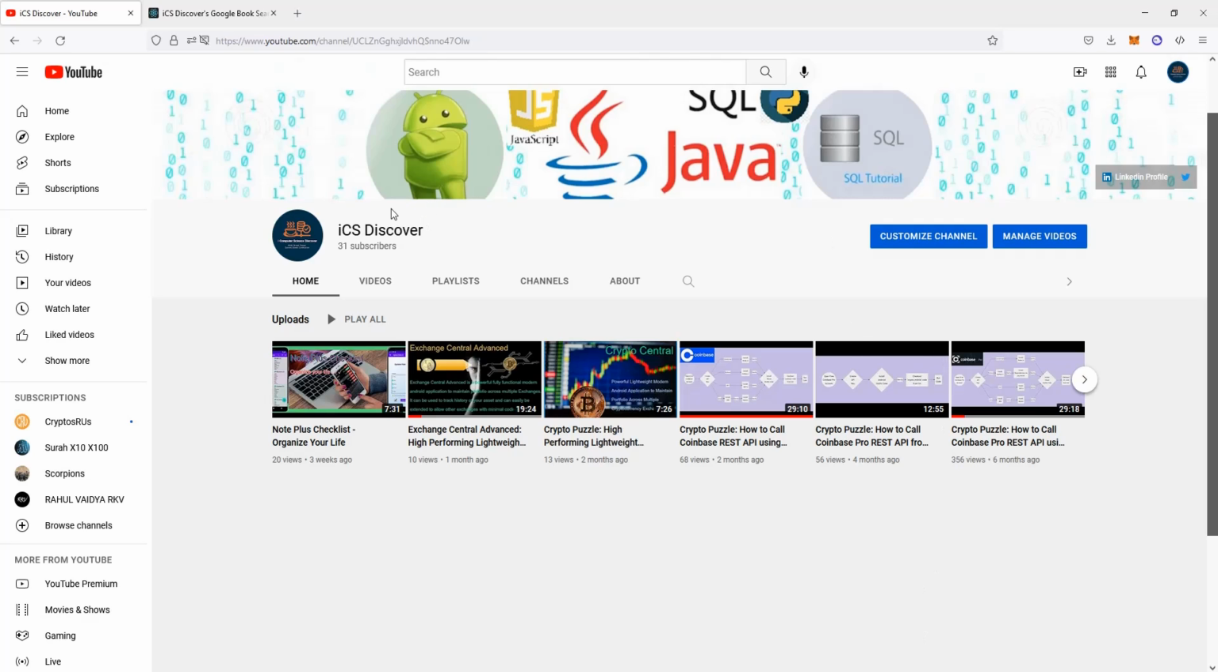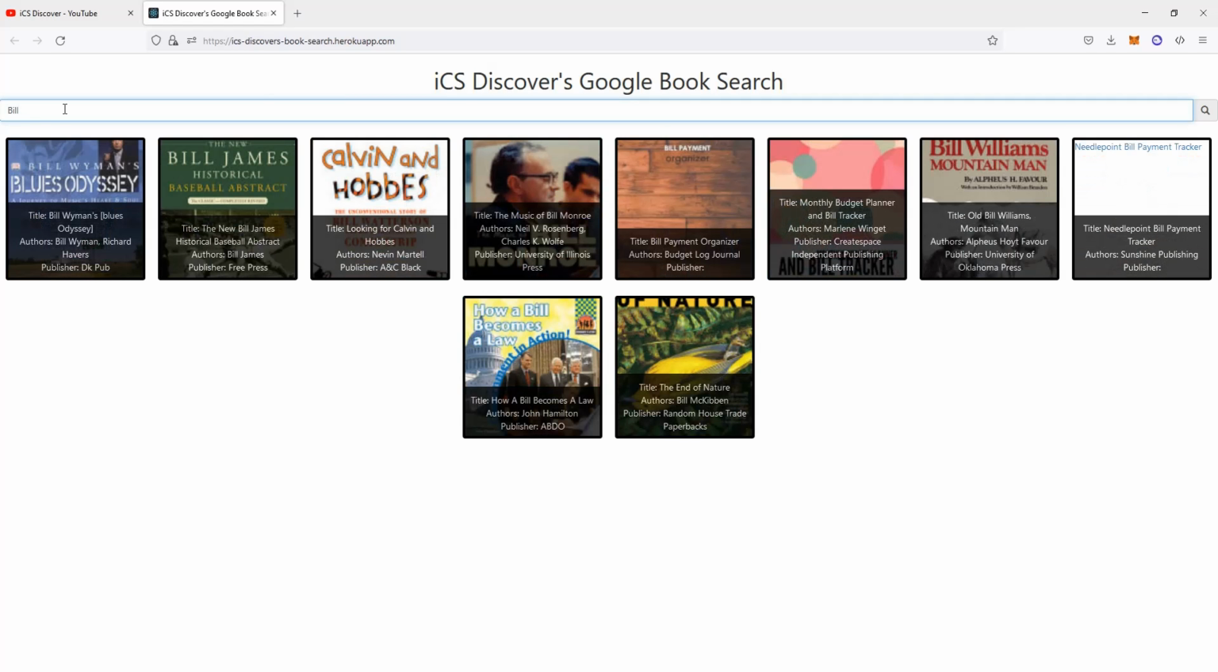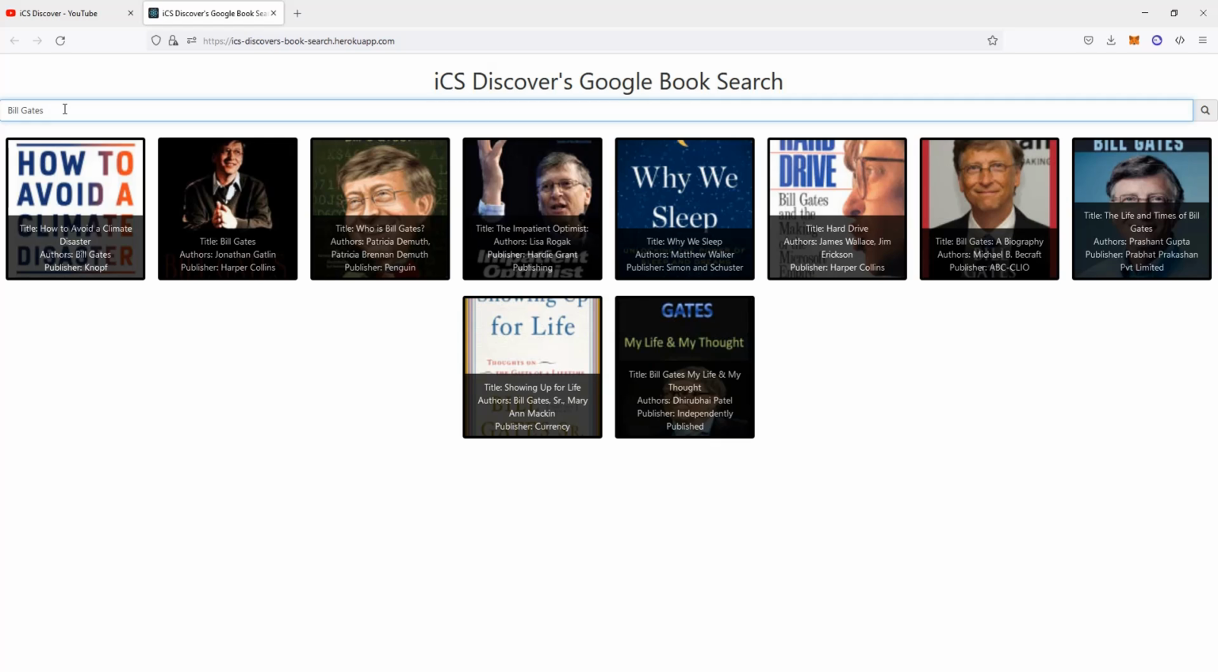The application concept is fairly simple. It's called, as it says, Google Book Search. As you can see, it's not fancy, it doesn't have any bells and whistles. All it's got is a simple search. You search for a book. So I'm going to go ahead and say, okay, I want to search for anything that has Bill Gates in there. There you go. As soon as you do it, it does a search,